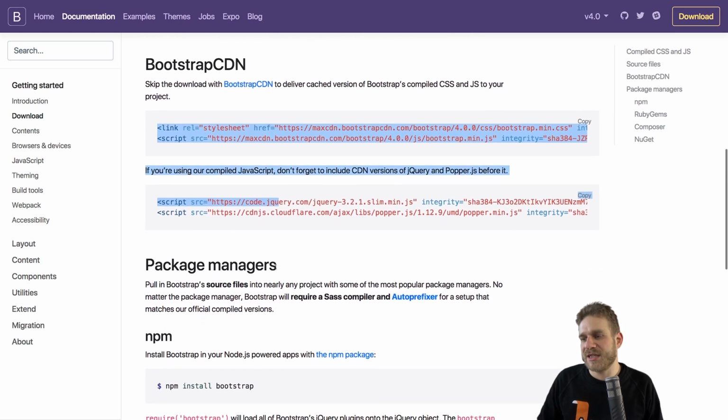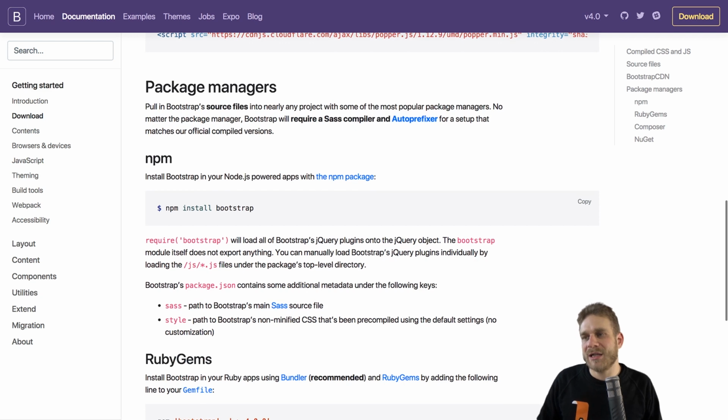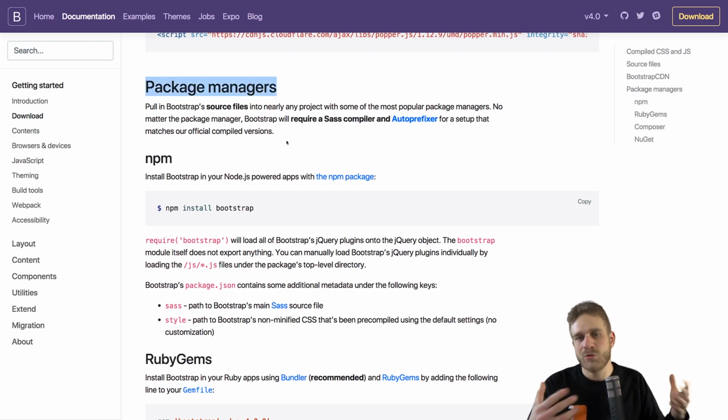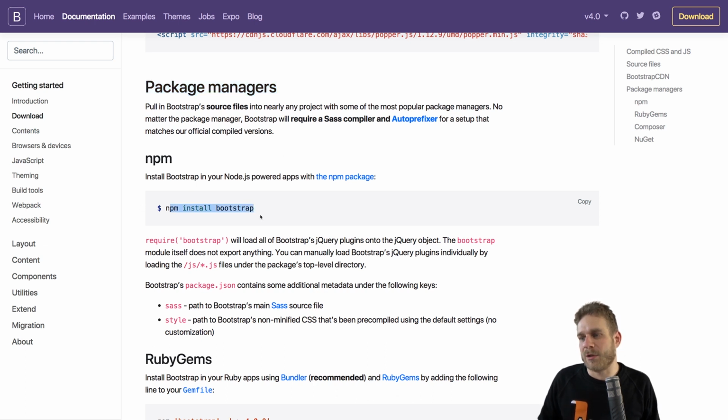Now, we already saw the CDN option. The last option I want to highlight is using package managers. If you're working in a Vue, React, Angular, or any other more complex front-end framework, you typically use NPM or Yarn to manage your dependencies. Dependencies are simply third-party packages like Angular or the React library. Now, Bootstrap is just another dependency you can add by running npm install bootstrap or yarn add bootstrap. It will then be stored in the node_modules folder and you can import it from there.